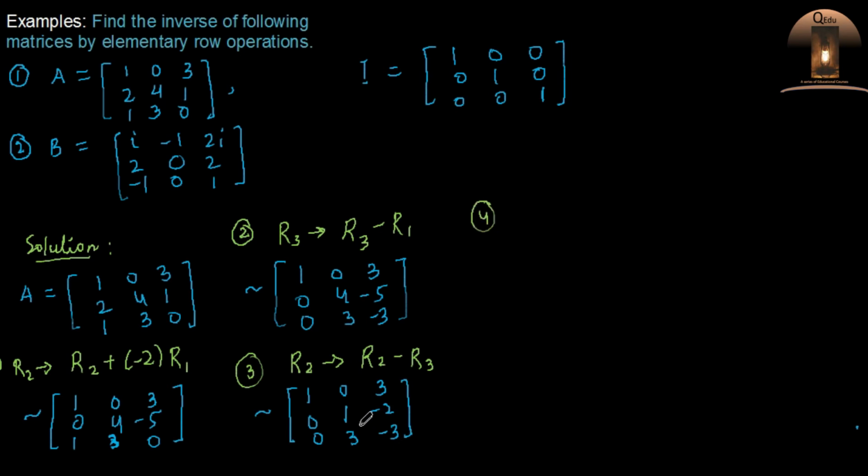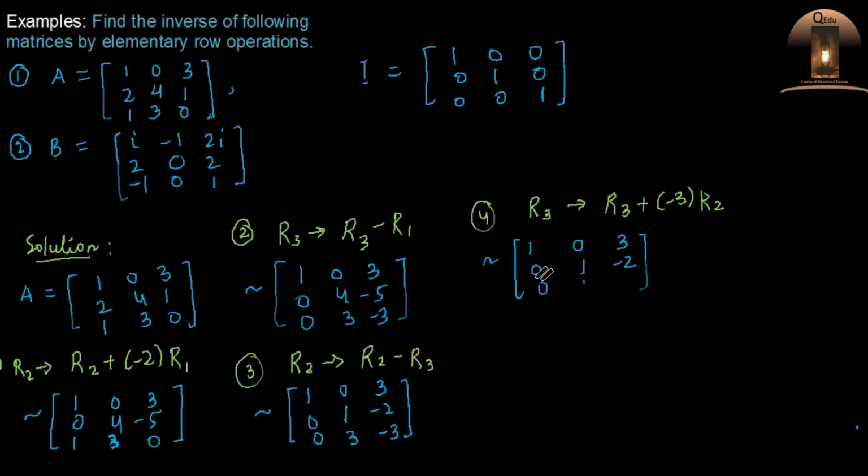Now I have to change this 3 into 0. So for that, I have to change this row R3, and I have to make this element 0. So I shall apply the multiple of the second row to the third row, and this will be R3 plus minus 3 times row 2. So now all the elements will be same, so we just make changes in the third row. The first element will be same, because R3 minus 3 times R2